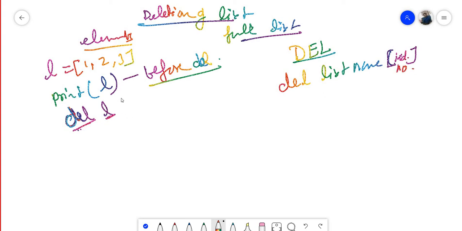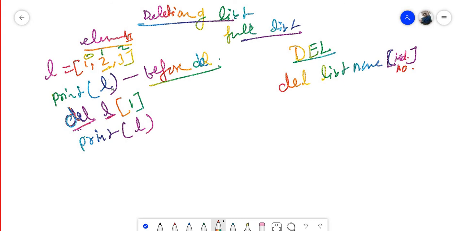Suppose I want to delete 2 from the list, with indexes 0, 1 and 2, so it will delete one element. When you print, it will print without this second value.